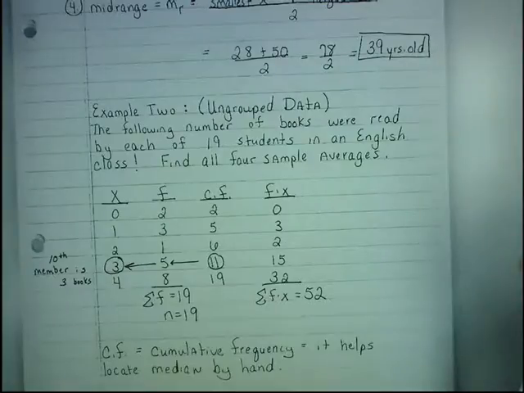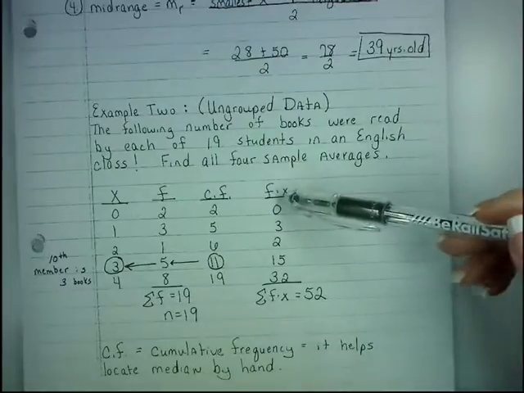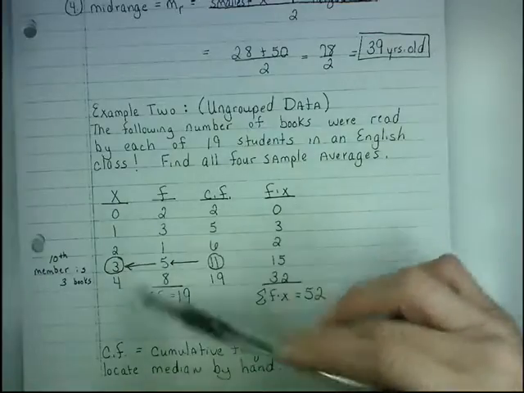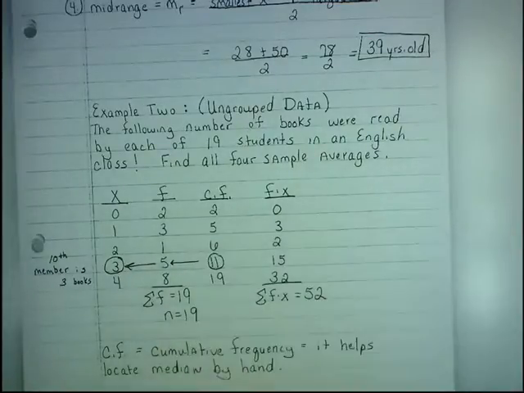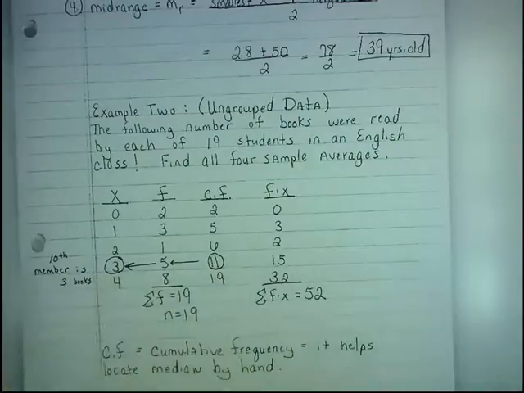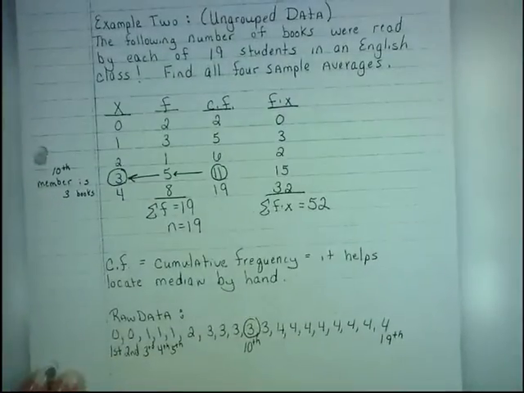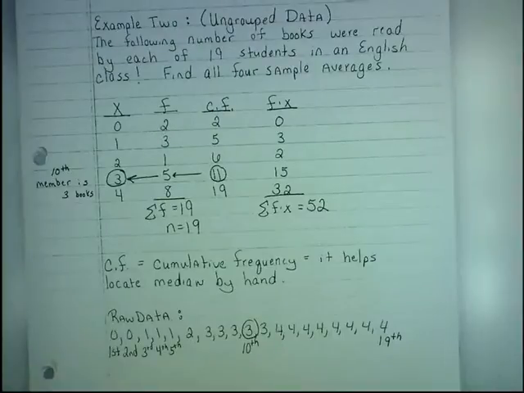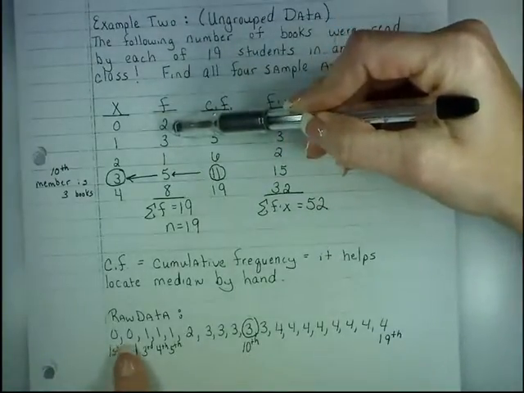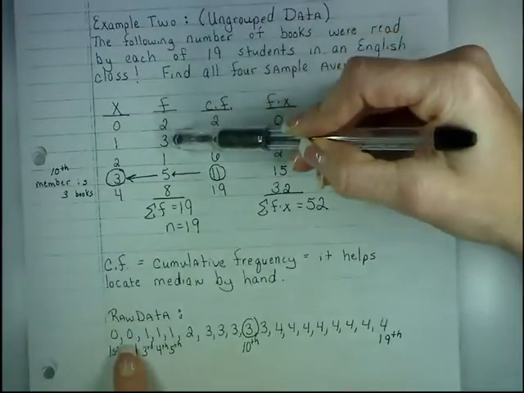Now let me begin to show you how to find the mean, the median, the mode, and the mid-range. For the mean, you will need a column called F times X. The purpose of this column is to add up all 19 pieces of data. Let me explain. This is an ungrouped example, which is a frequency distribution table, an X column and a frequency column. You could technically list the raw data out for this problem, saying that 2 students, the first student and the second student, read 0 textbooks. And then the next 3 students